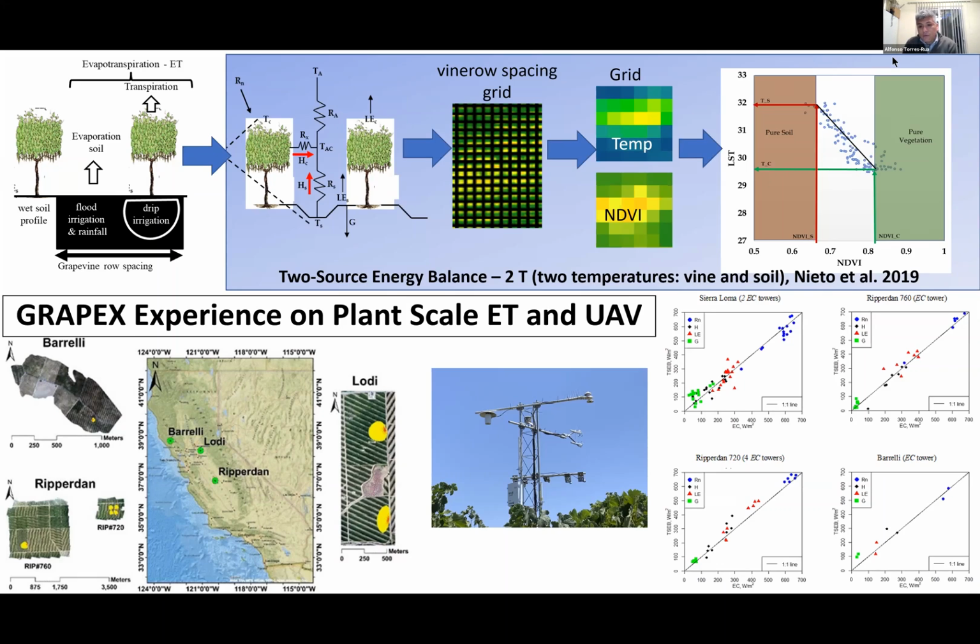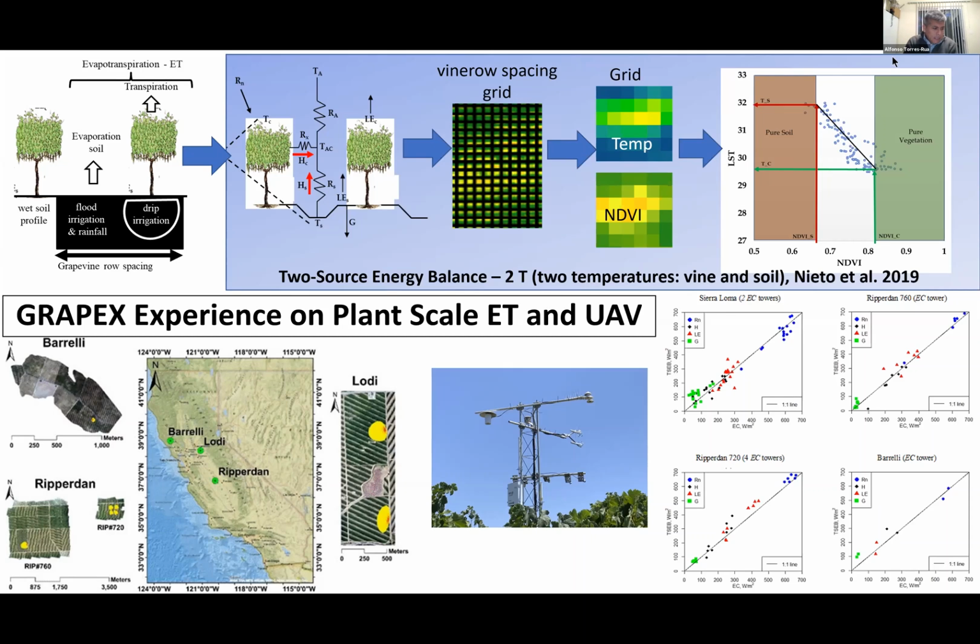And for all cases, we have found an excellent relationship between the estimations of evapotranspiration and energy balance components from the UAV versus measurements or estimations given by the eddy covariance